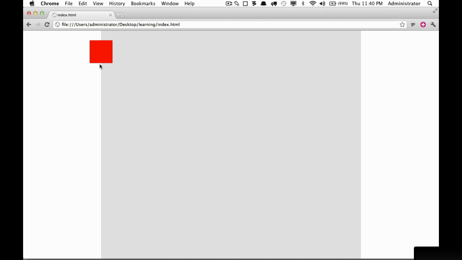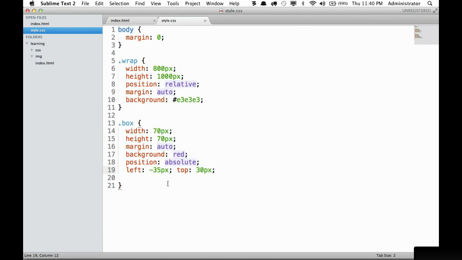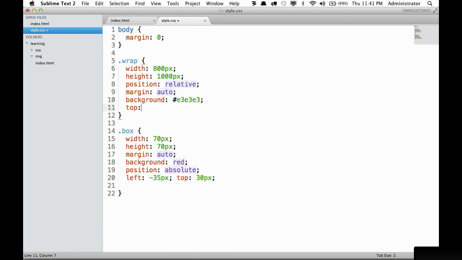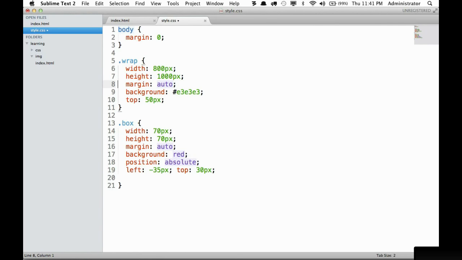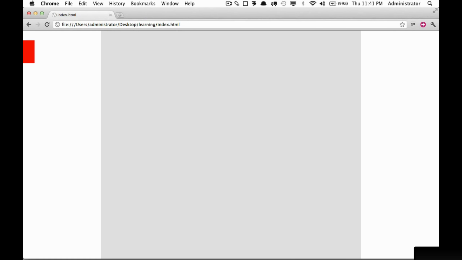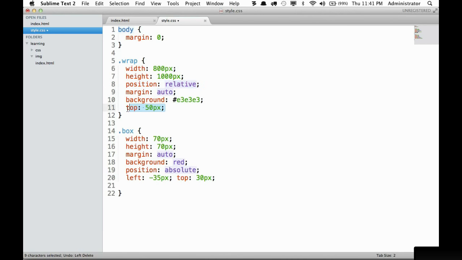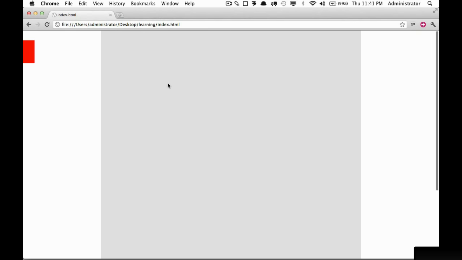So what you need to take away from this is a relative positioning gives us the ability to specify top, left, bottom, and right values. So notice the wrap, if I set top 50, this is going to be pushed down. As soon as I get rid of my positioning context, top will cease to take effect, as you can see right there. So if you are trying to use left and it doesn't seem to be working, ask yourself, have I positioned this element? Now, when you absolutely position it, rather than using values like left 20 pixel, rather than